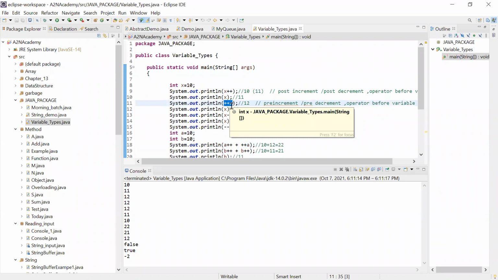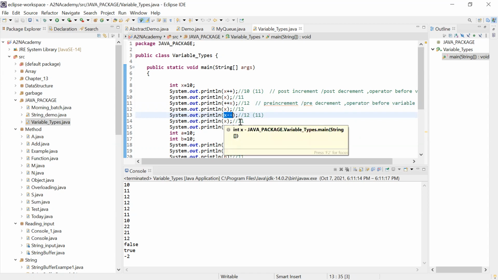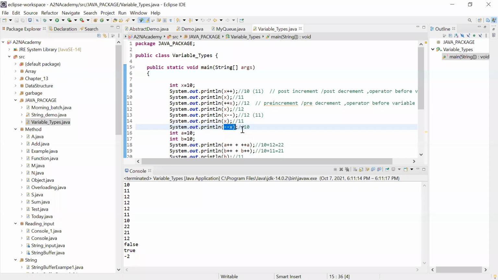Similarly, when you're going to do pre-increment, it means it is going to do the increment first. So that's the reason the X value will become 12. And when you check the X value, it is showing you 12. Now here post decrement. So what does this mean? You are going to print the X value first. So it is printing 12 here. You can see 12. Then it will make the value of X 11. Then you are going to check here the X value. It will be 11. And when you are going to do pre-decrement, what does it mean? It is going to decrease the value first. So X value will become 10. Am I clear to you on this part? Yes, sir. Yes, sir. Okay.